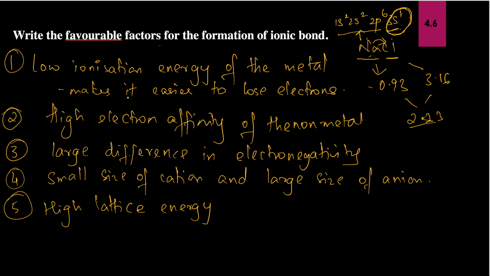Alright, so low ionization energy of the metal and high electron affinity of the non-metal, they go opposite. Then a large difference in the electronegativity between the metal and the non-metal. Small size of the cation and large size of the anion, as per your Fajans' rule. And in the end, the last one is high lattice energy. By high lattice energy, it says when sodium chloride is forming as an ionic compound, it will release a huge amount of energy. Once it releases a huge amount of energy, we say that the molecule is a stable one and it results in the formation of an